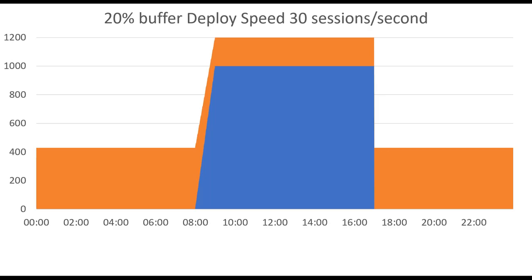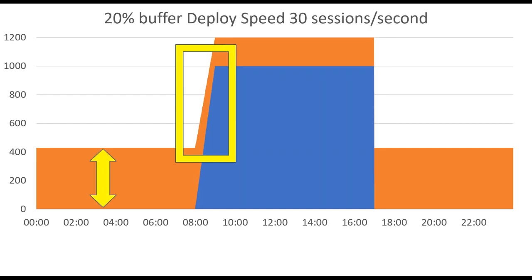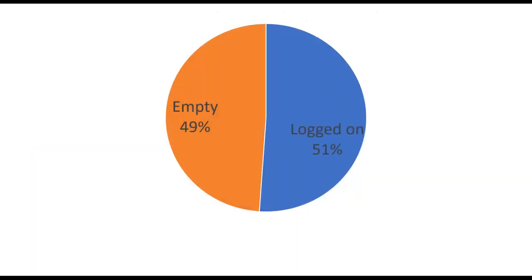So faster login rates, we've got a deployment time to consider here as well. We need to start a certain number of machines before login starts to allow for the deployment lag and the login periods. So now we've got more machines we need as a buffer. So there's our login rate, and then we've got our buffer. So what does that look like? So now we're looking at 49% more money.